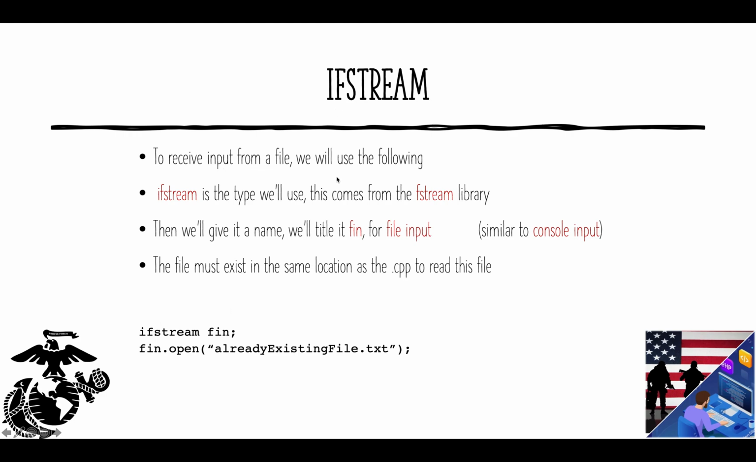To receive input from the file, we'll be utilizing the following. It is an ifstream as the type, and this comes again from the fstream library. We will give it a name, and we're going to be calling it fin for file input. And this file must exist in the same location as the CPP to read this file. So this is where things get a little bit different. I can't go and read a file that doesn't exist. That's the first part. The file must exist, and it must be in the same local location as what our